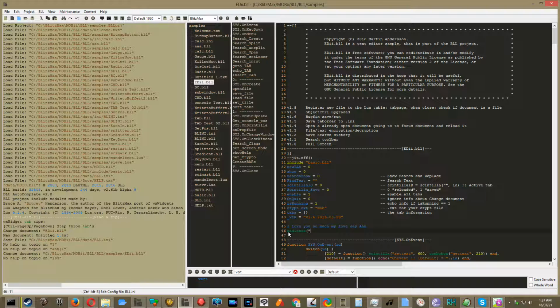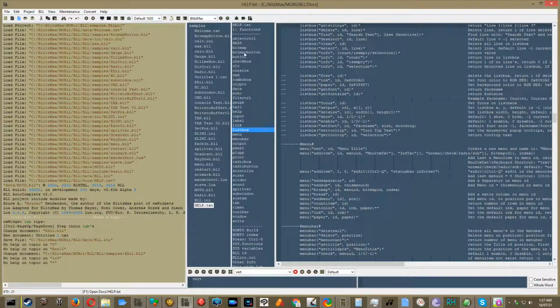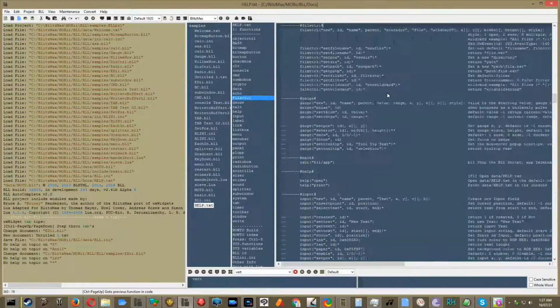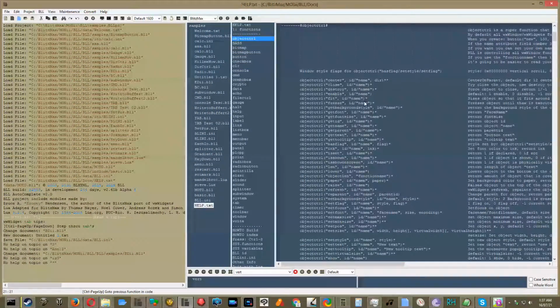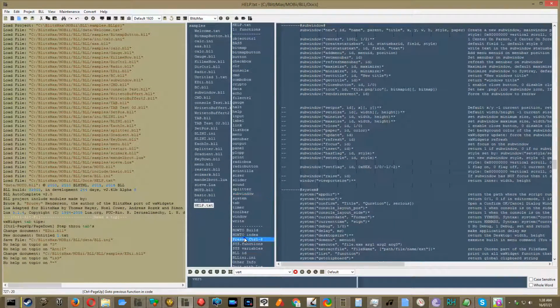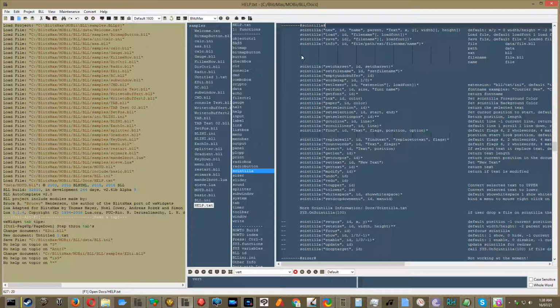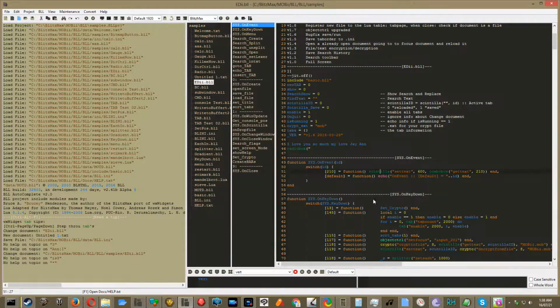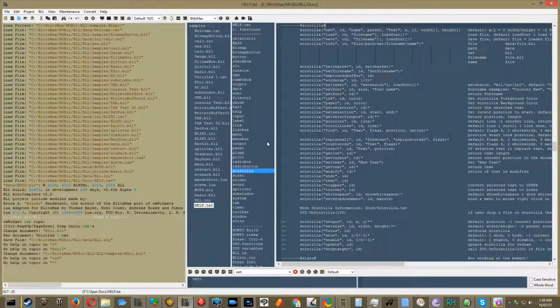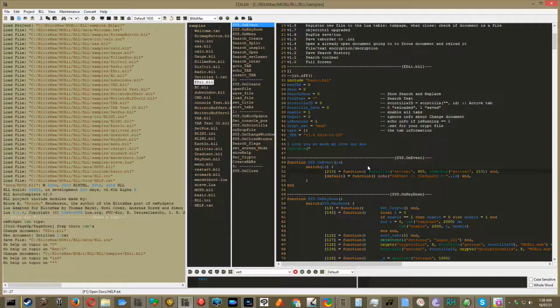I hope this can be useful for non-BLL project that you can use, and you can use the editor for other thing than just writing Windows application. You can even use it for indexing. You can see that I have this index, and I can walk in this index. I can select index. If I press F1 here, I can just go to this function from the code, and that is little how you can use